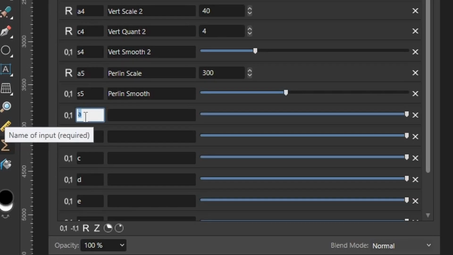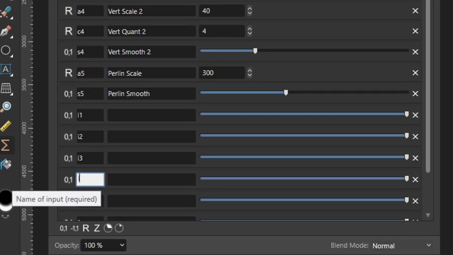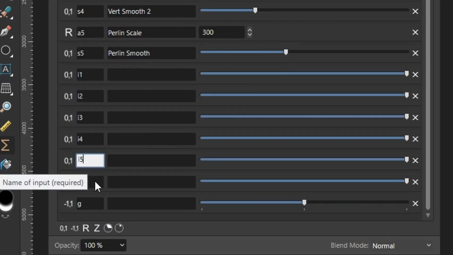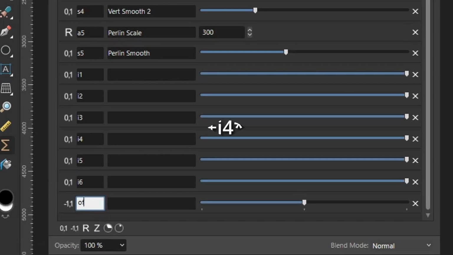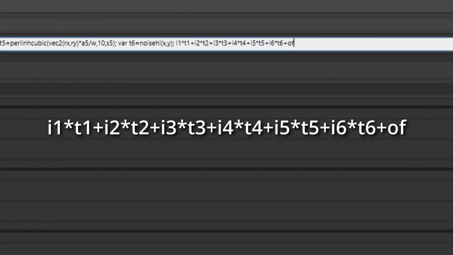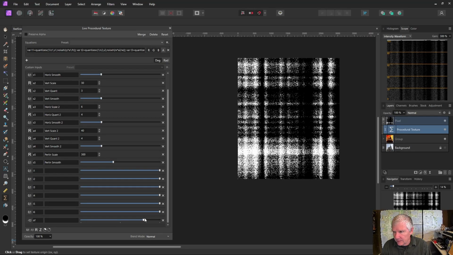So that will be I1, I2, I3, I4, I5, and I6. And this one I'm going to call OF for offset. So I'll add on the OF for the offset. And I'll just bring this over to about